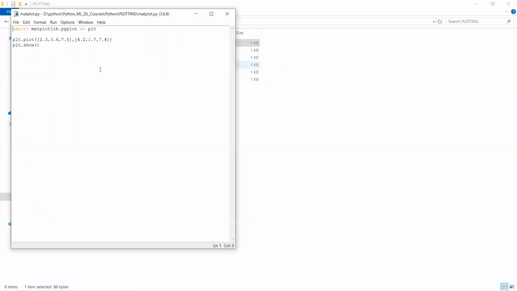So first of all we have to import the package: import matplotlib.pyplot as plt, and afterwards we have to use plt.plot. This is about the x-axis and this is about the y-axis. Okay, so plt.show is our command to show the x-axis and y-axis matched points. Okay, so run, and run module.